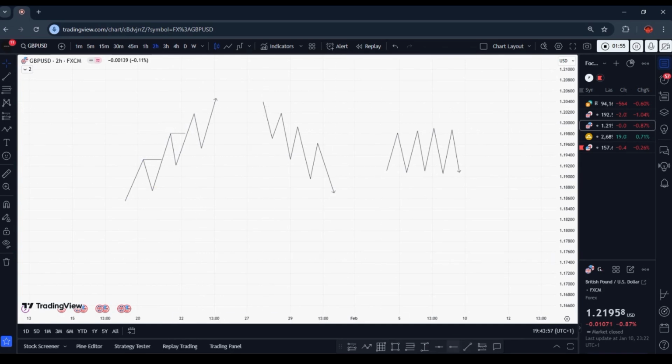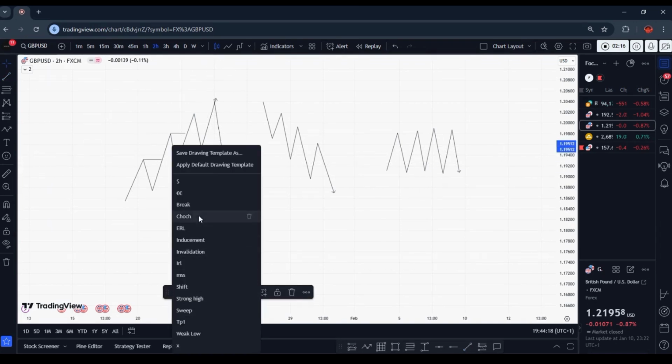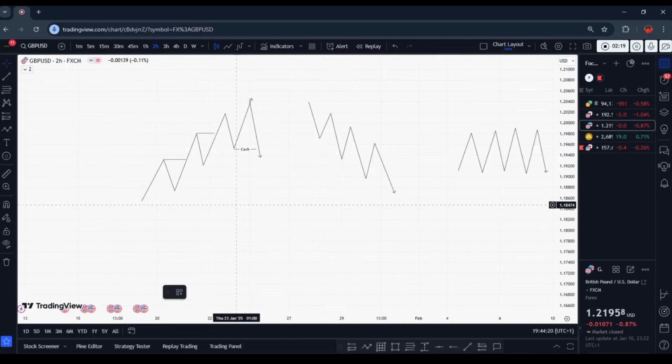So in a case where we have something like this, a shift in price, like price breaking a strong low, because this zone here is a strong low, in any case where price is breaking a strong low, we call it a change of character. We call it a shift in market structure, because price has changed its direction from a bullish scenario to a bearish scenario.